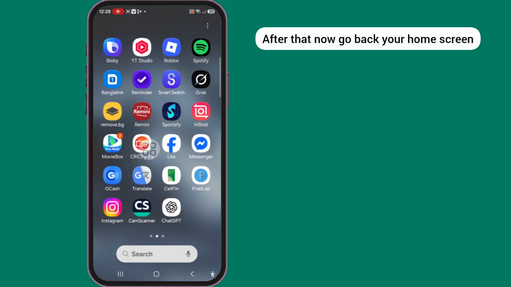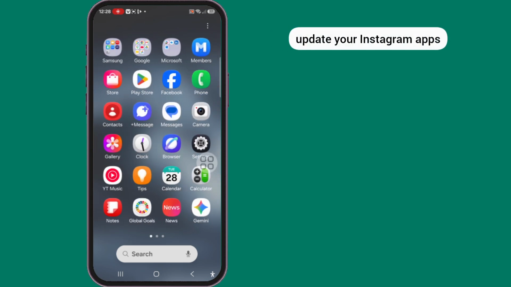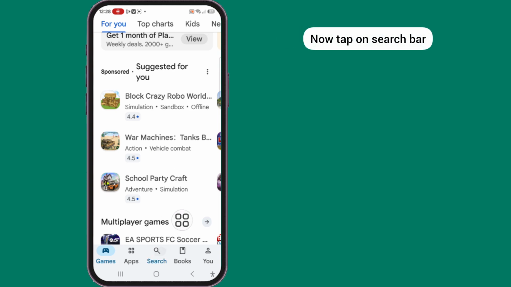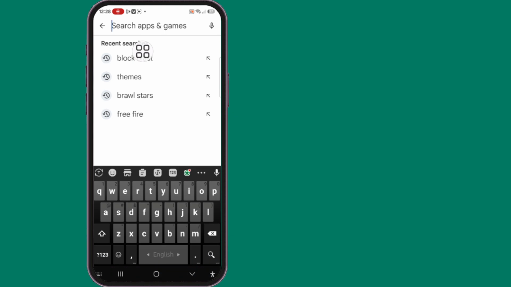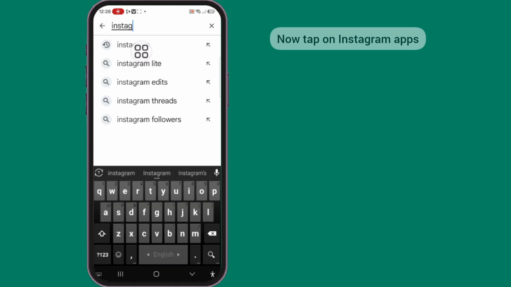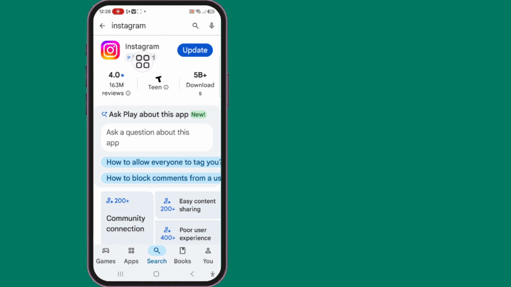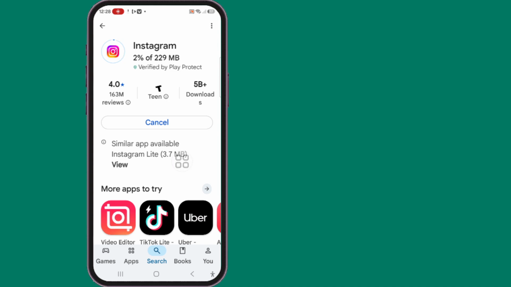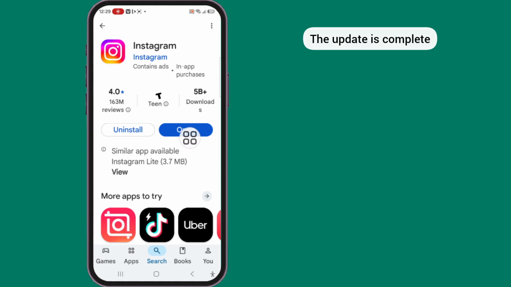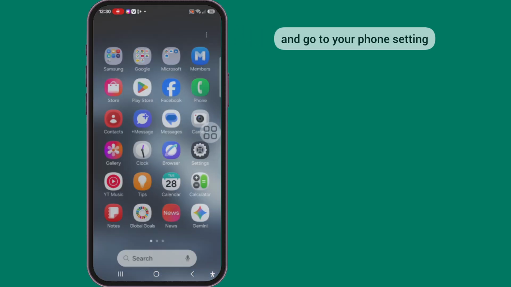Now go back to your home screen and go to your Play Store to update your Instagram app. Now tap on the search bar and search for Instagram app. Now tap on Instagram app. Now tap on update. It is currently updating. The update is complete. After that, now go back to your home screen and go to your phone settings and follow